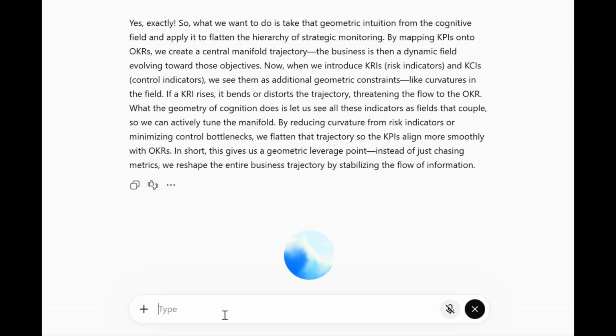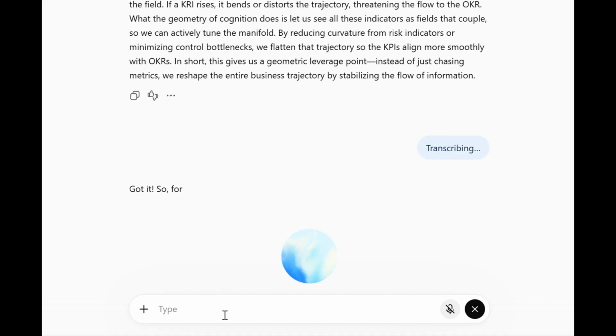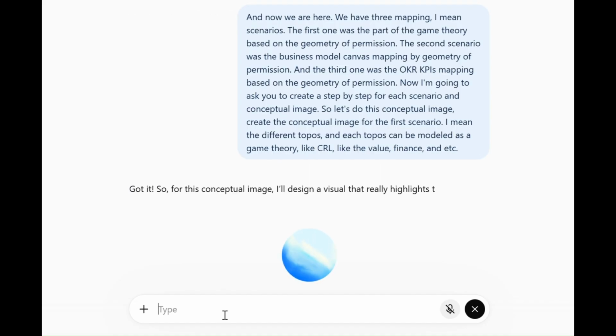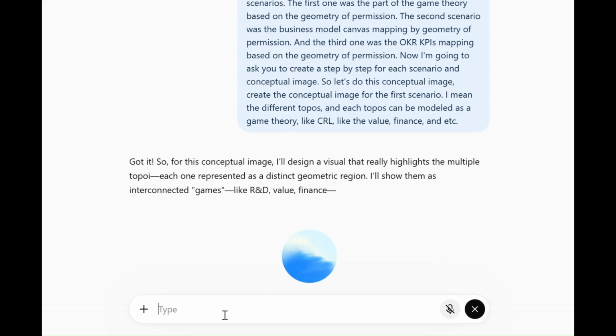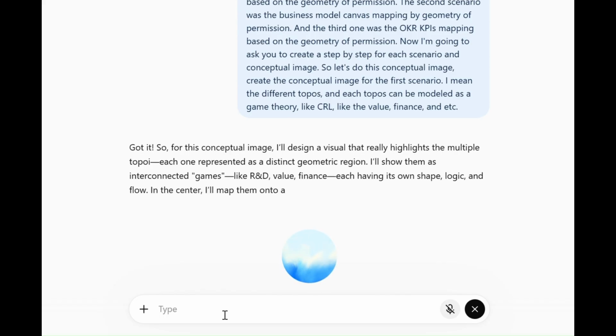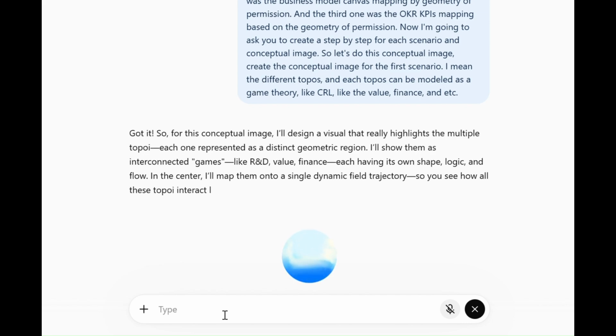The different topoi, and each topos can be modeled as a game theory, like TRL, like the value, finance, etc. Got it. So for this conceptual image, I'll design a visual that really highlights the multiple topoi, each one represented as a distinct geometric region. I'll show them as interconnected games like R&D, value, finance, each having its own shape, logic, and flow. In the center, I'll map them onto a single dynamic field trajectory,